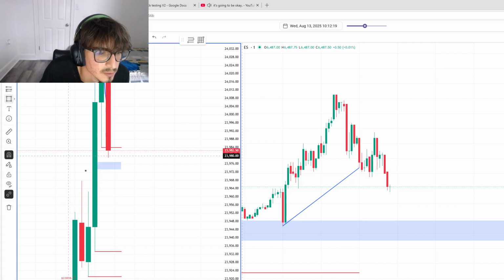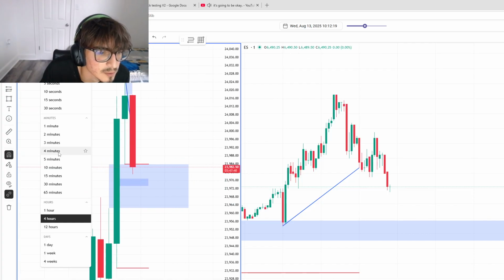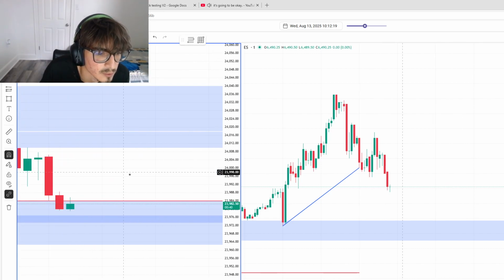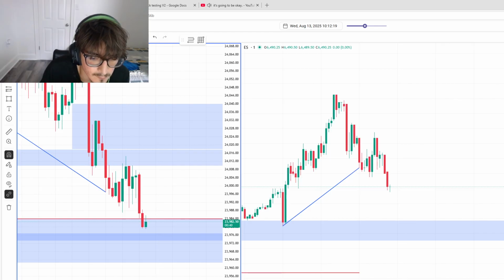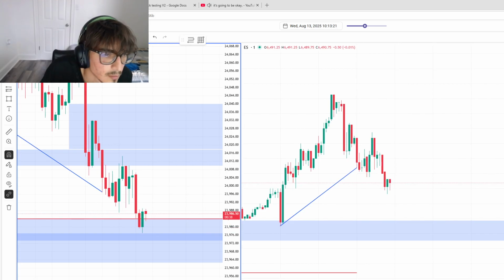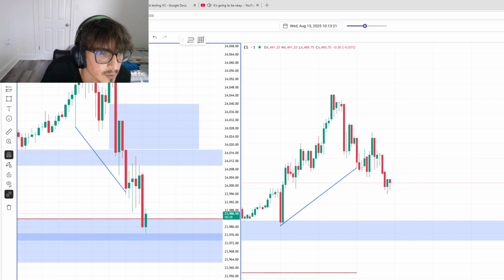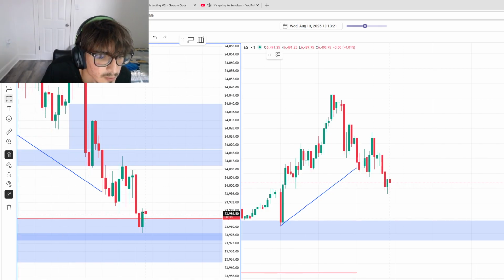Oh, okay. So we did end up touching this 4-hour gap. This is the perfect spot to inverse from. Couldn't ask for anything better, honestly. If you inverse here, I'm gonna take this trade right away. No need to wait for anything else. I don't need more confirmation. Just taking this trade right away.